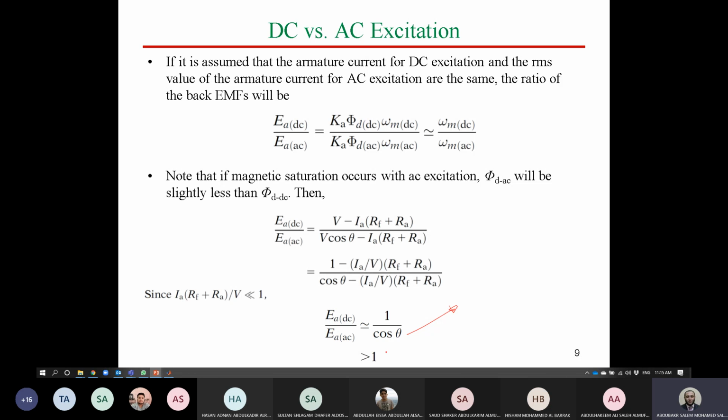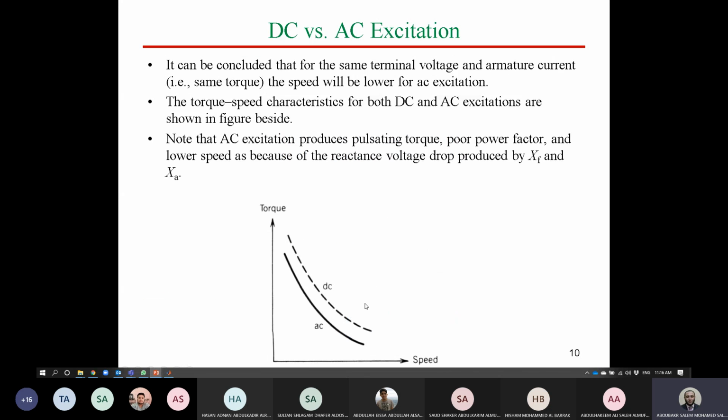So this is now, guys, a comparison between DC and AC excitation. This means if you supply the universal motor by the same voltage value in DC and in AC, and apply a load for a certain armature current, this will give you speed in DC higher than in AC. If we draw the characteristics, we'll find that this is for